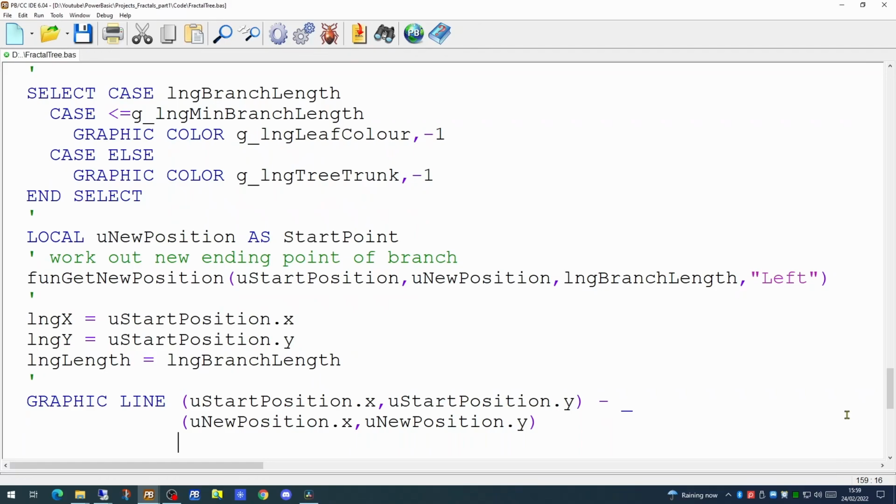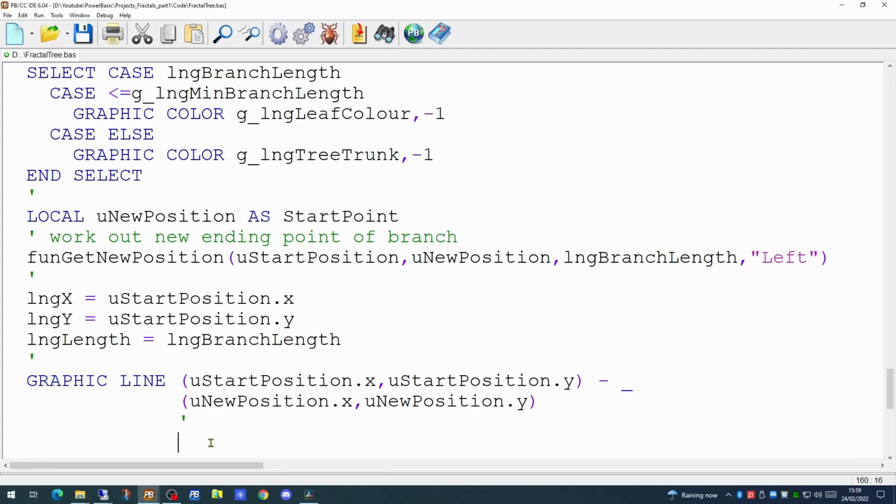And as I said, this simply takes the x and y coordinates as the starting of the line, and the x and y coordinates as the ending of the line. The first from the start position, and the second from the new position. And having drawn the line, we now have to save these new positions into the start position, so that the next line will have a starting position at the end of this one we have just drawn.